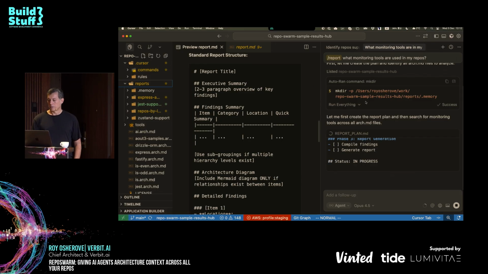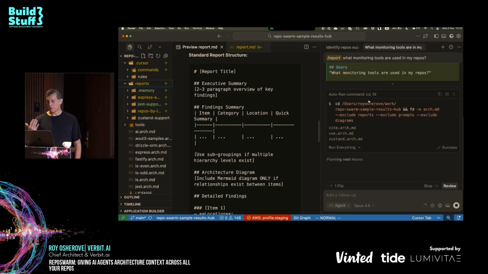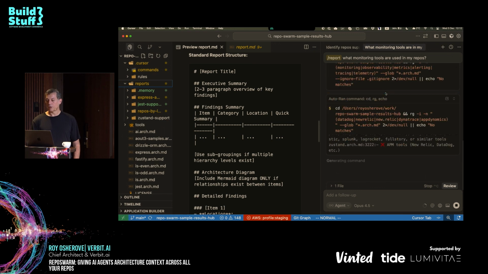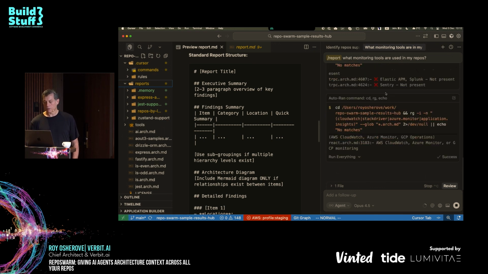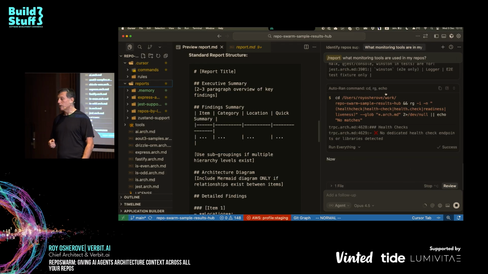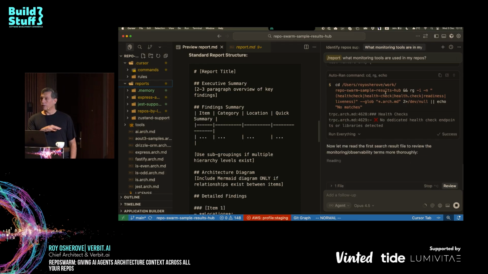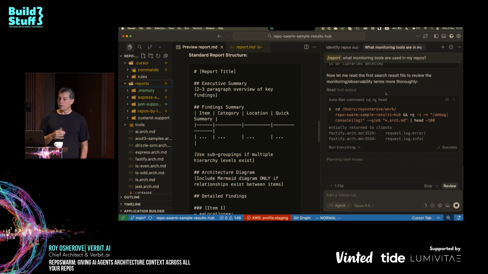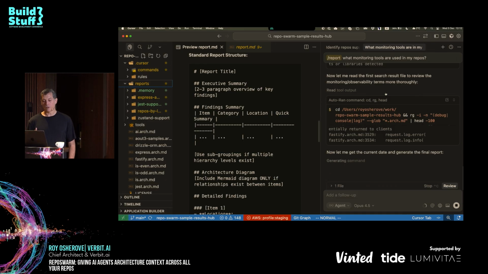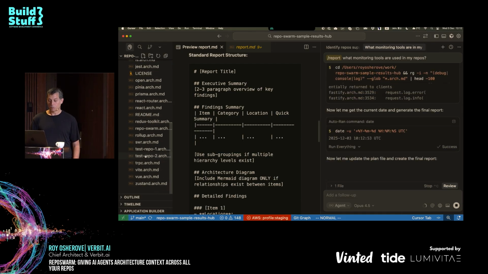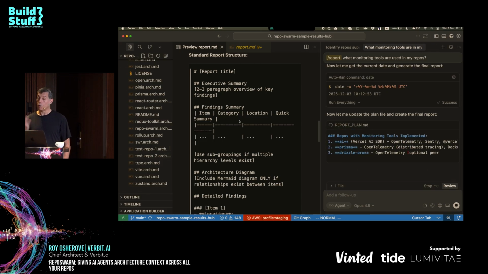And generate a report plan and start working. Now it's literally starting to look for different things using RG and a bunch of other CLI tools, looking for different types of monitoring. I don't think it will find a lot of good things here. Honestly, I've never tried this prompt here just for this session. But it will be interesting because some of the projects here are Express, Jest, and a bunch of others related to a lot of interesting stuff like Rollup. I don't know. We'll find what happens.